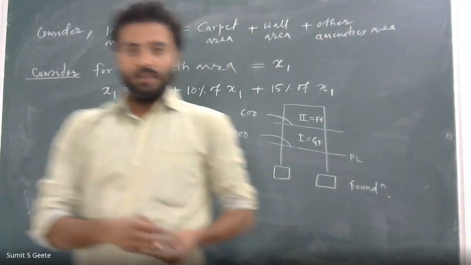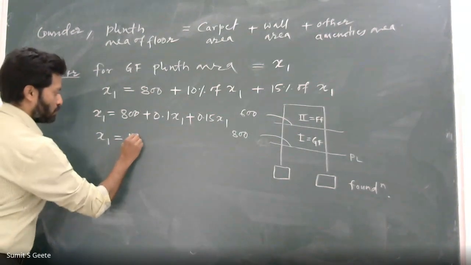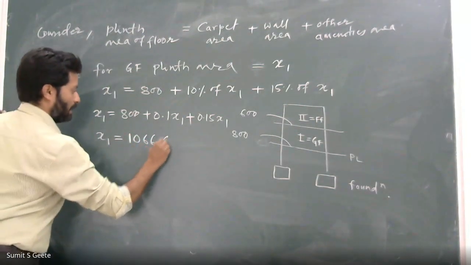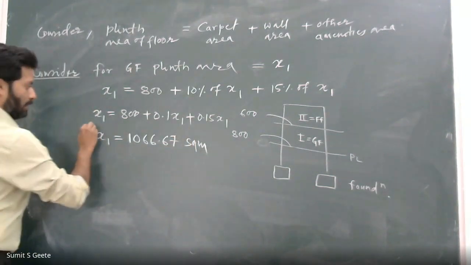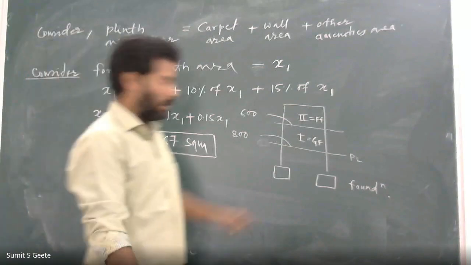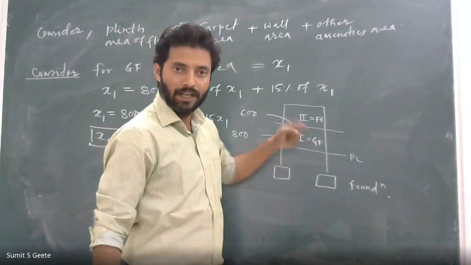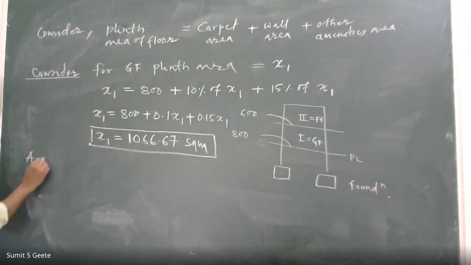Okay. So this is 1066.67 square meter. This is x1. So this is the plinth area at this particular level, right? Now, again,